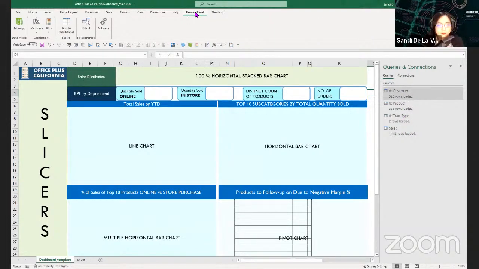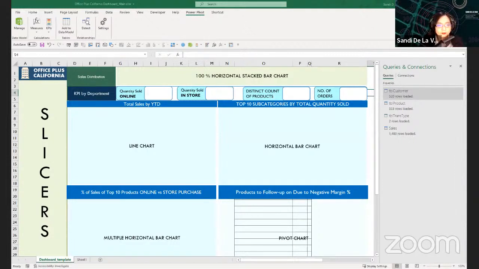So go to the Power Pivot tab here and go to Manage. Press it. It will now load the Power Pivot window. So all the worksheets and tables you have selected can now be seen in the data view, such as this. To proceed, we need to select Diagram View, and you can see each table and worksheet here, like Sales